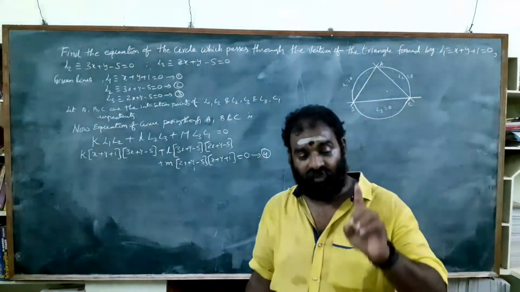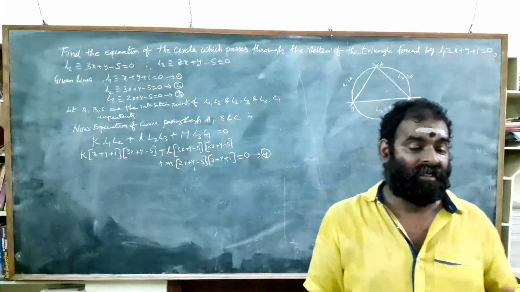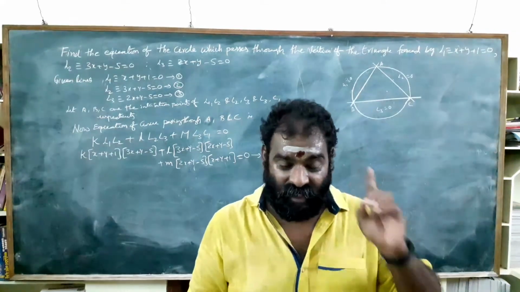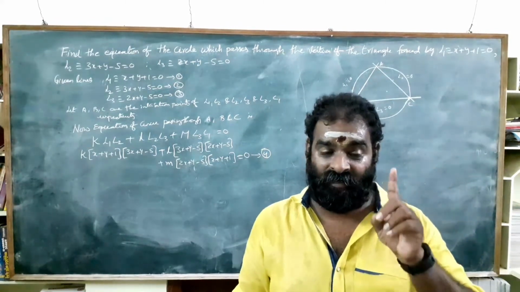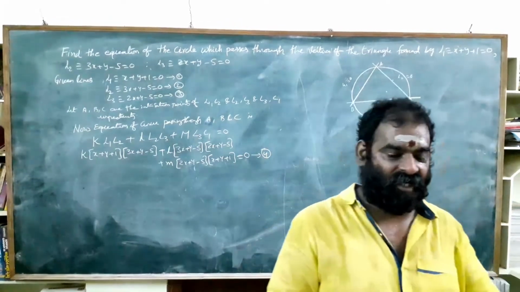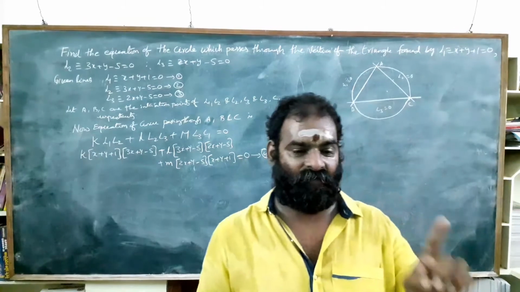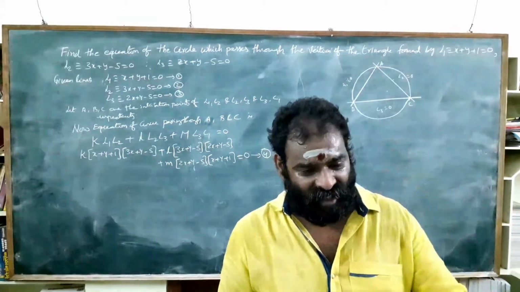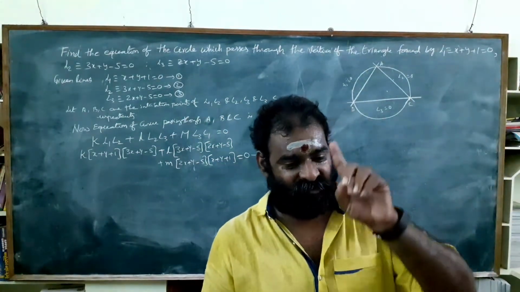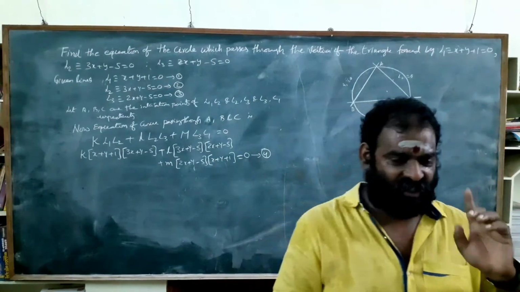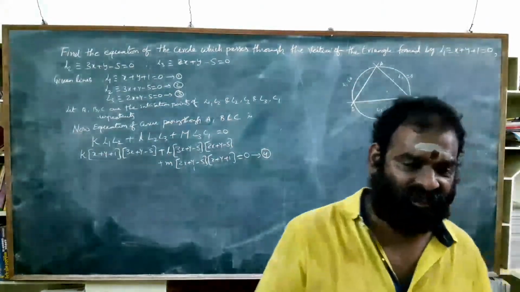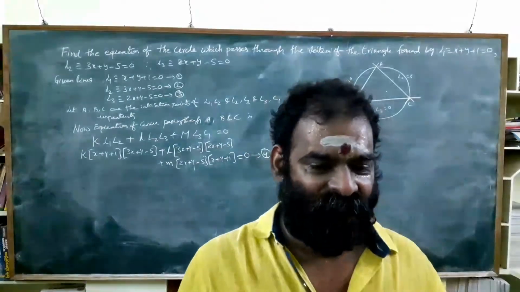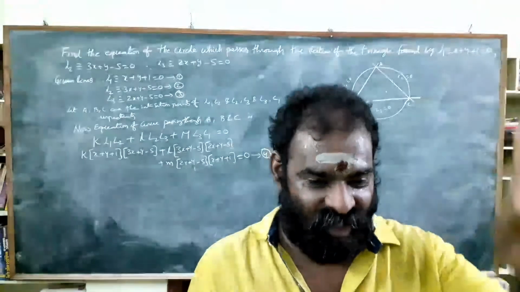Already I told you in the concepts class. That's why I say concepts are very important. In the concepts class, I say one important prominent rule. What is it? If ax square plus 2hxy plus by square plus 2gx plus 2fy plus c equal to 0 represents a second degree equation, is a circle, then it follows three conditions.